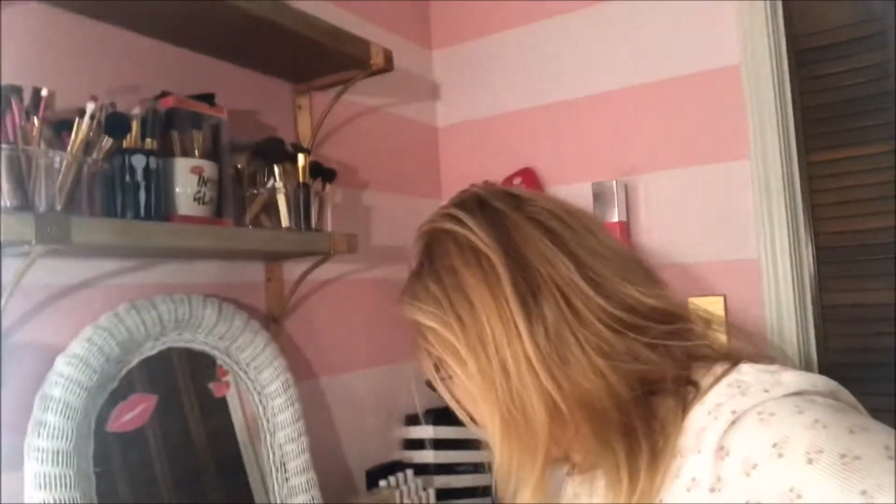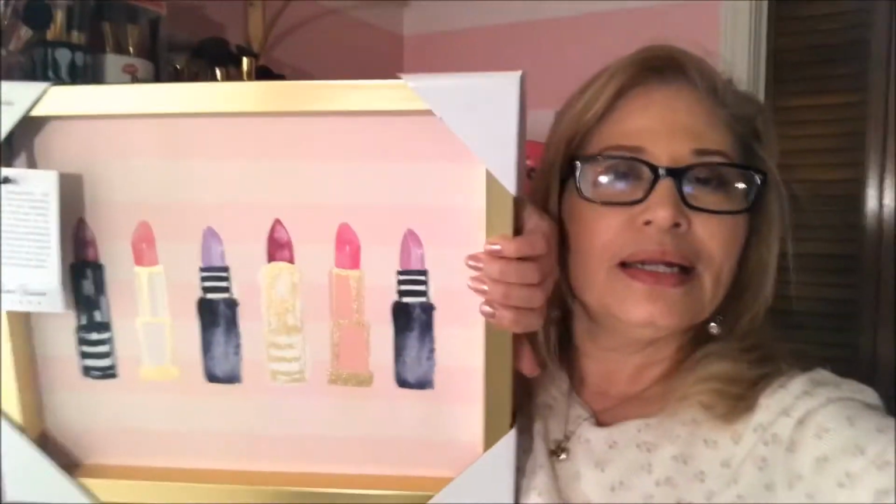I need to put some decoration here that I was talking to you about the other day. I was visiting Home Goods and I did some shopping. Let me show you a sneak peek of what I got, and it's amazing because it's the same color and the same style of line as my wall, my beautiful pink wall. Look at this